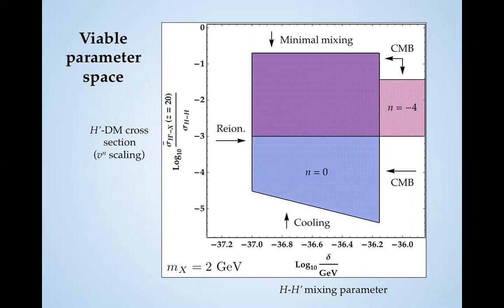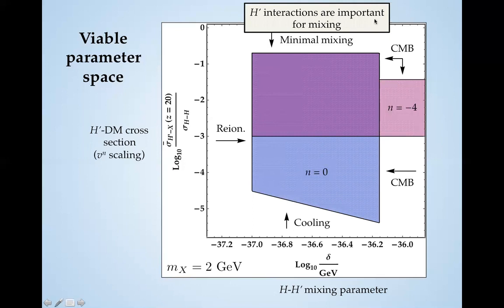So I'm going to comment on each of the sources of constraint in just a moment, but the main message is that if the mixing parameter delta and the H prime dark matter scattering rate both correspond to approximately cosmological timescales, then the full picture is consistent. So the scenario being presented here is one in which dark matter has a mass that's comparable to the hydrogen mass and a cross-section with H prime that's comparable to the H cross-section. And we're looking at values of delta that are in the neighborhood of 10 to the minus 37 GeV, which is what we predicted earlier.